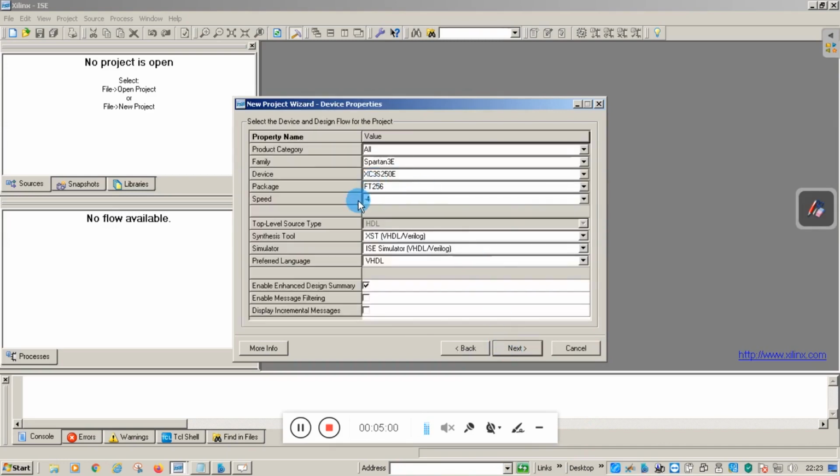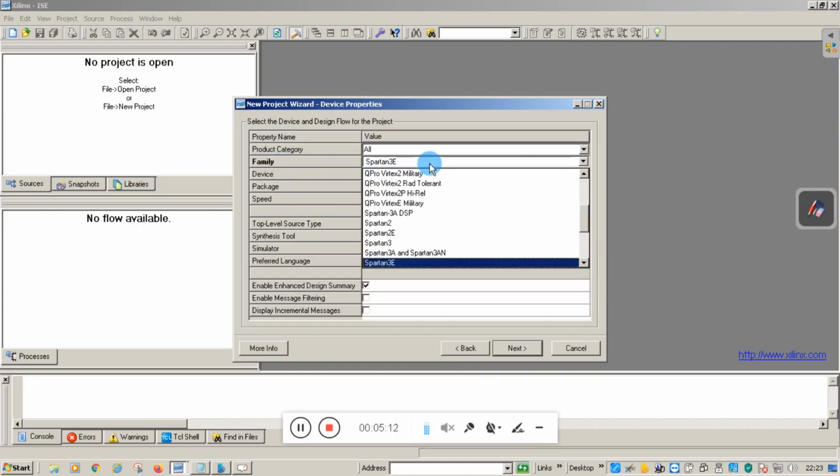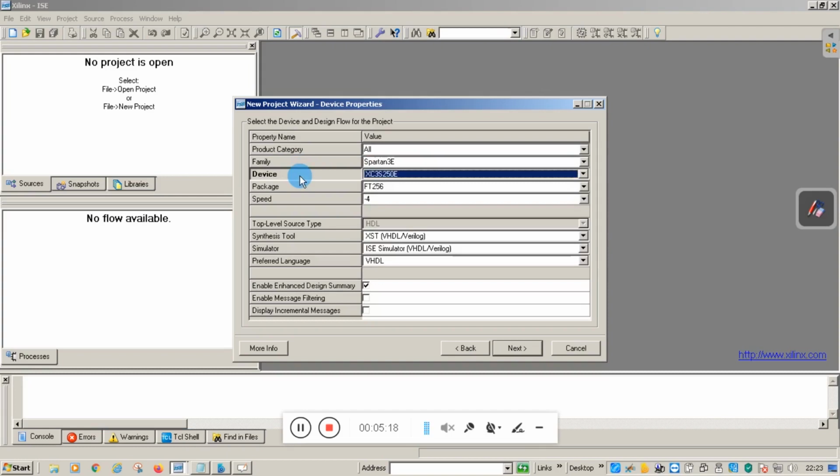Here you see the information related to the hardware. Our FPGA hardware is the Spartan 3E. If you click on family, you can see the different options in the drop down menu. Then device, according to the manufacturer, this is XC3S250E.